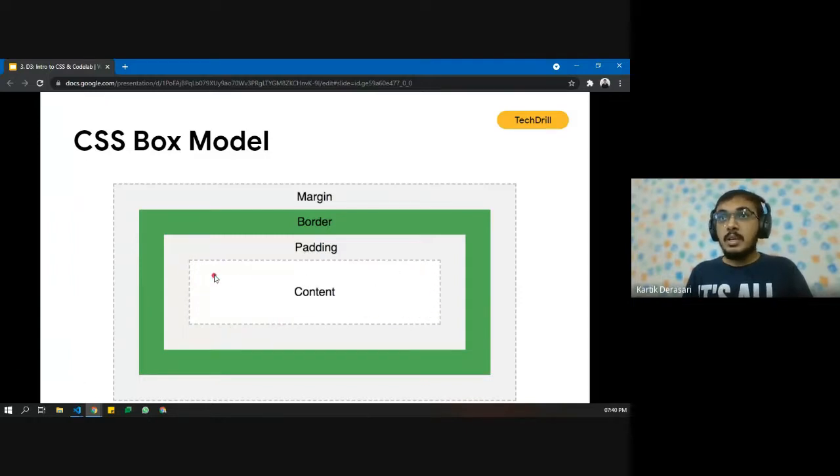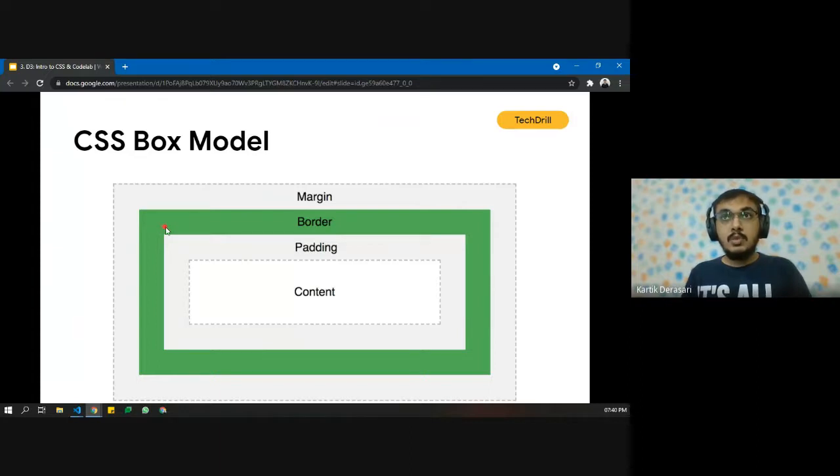Okay. Then, for example, if we want to add a border to the h1 tag, to hello world, then we can use the border command and add that value.